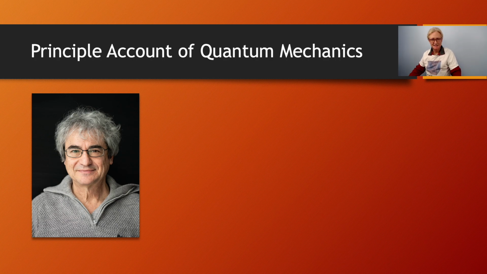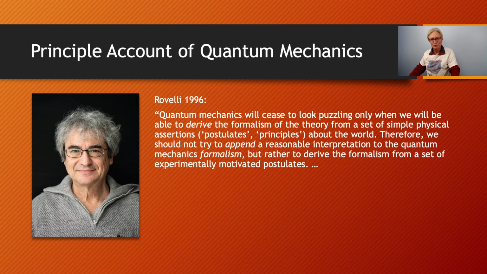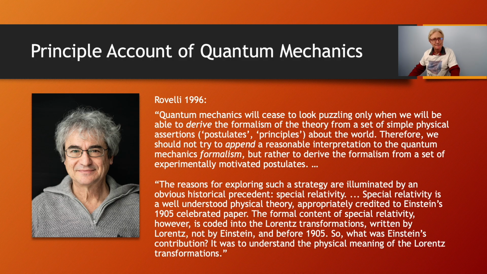Given the enormous success of special relativity, Carlo Rovelli suggested we try a similar approach to quantum mechanics. Specifically, he suggested we view quantum mechanics as a theory about the information that can be obtained about reality from making quantum measurements, rather than a theory about what causes the outcomes of a quantum measurement. In such a principle approach, we're ultimately interested in discovering fundamental principles that dictate the Hilbert space formalism of quantum mechanics, rather than a causal interpretation of that formalism.